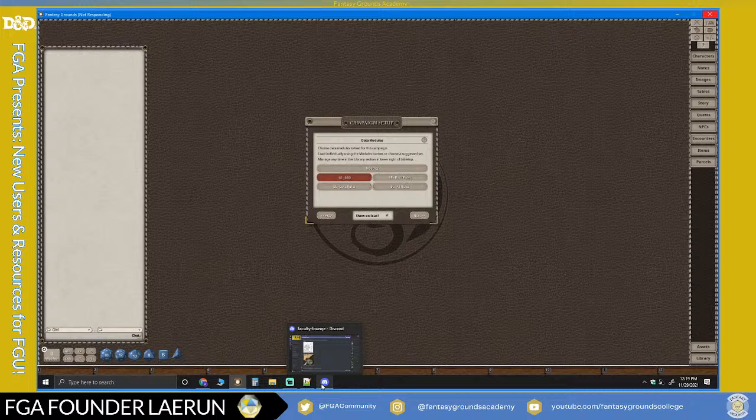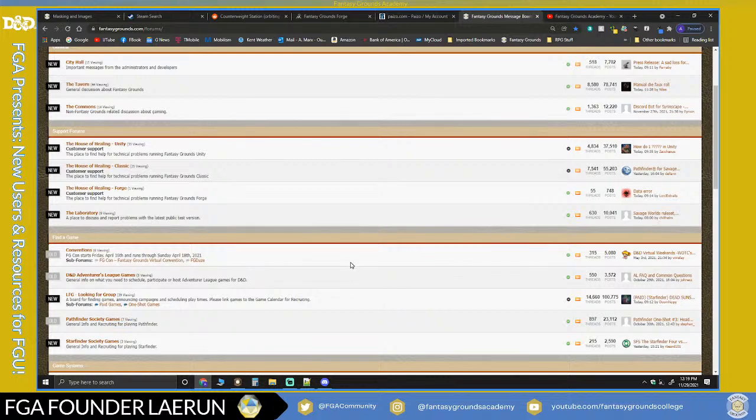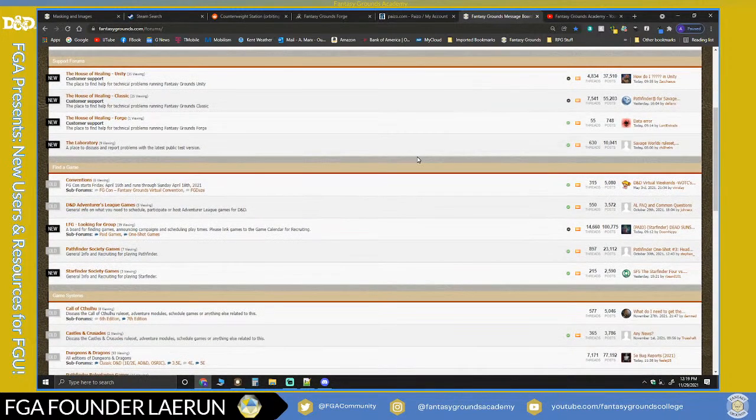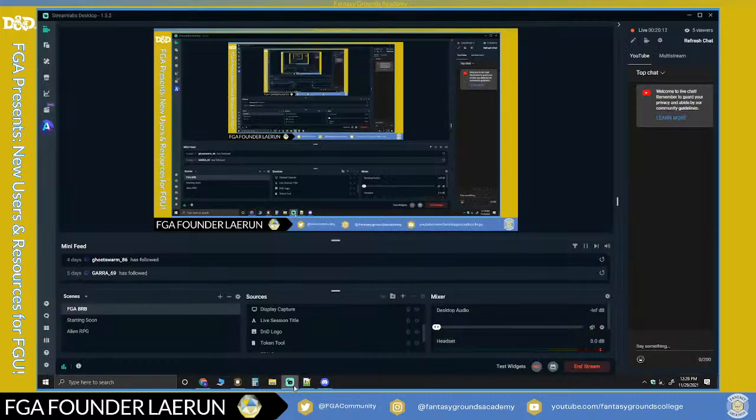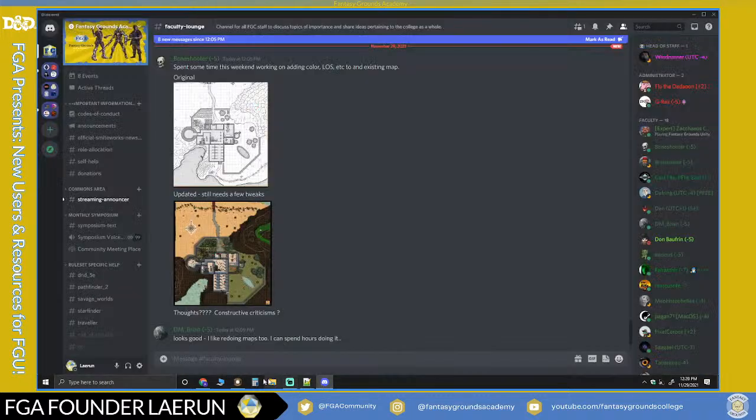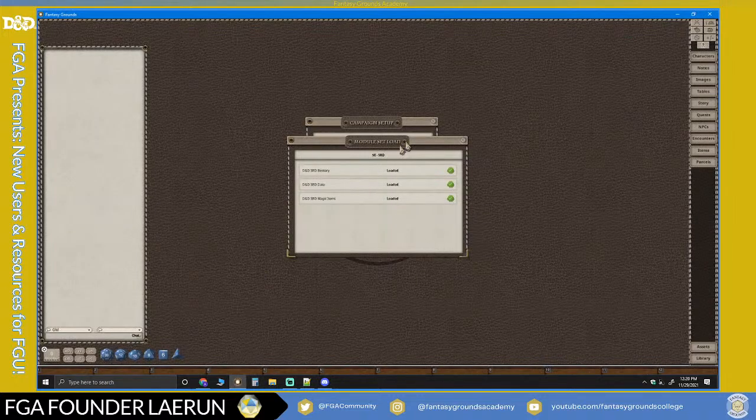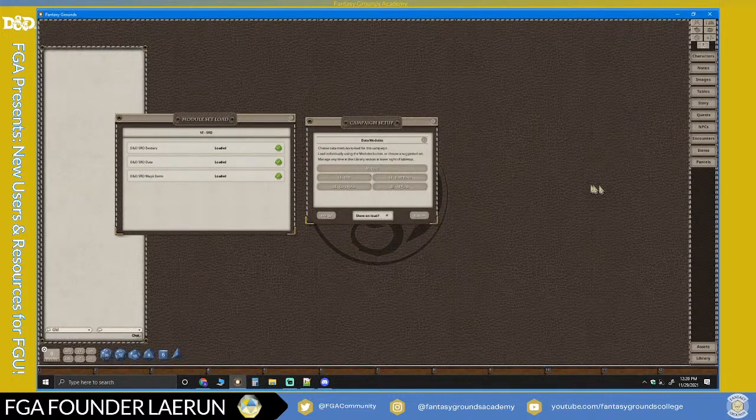It's very pared down. There's not much artwork. It's sort of a way to get you to see how things look, but it's not going to be the best if you're looking for graphics and maps and stuff. Now, it does come with some basic maps that were provided to you by Smiteworks and Fantasy Grounds. So even if you don't have a lot of stuff in here, there's a few things you can load.